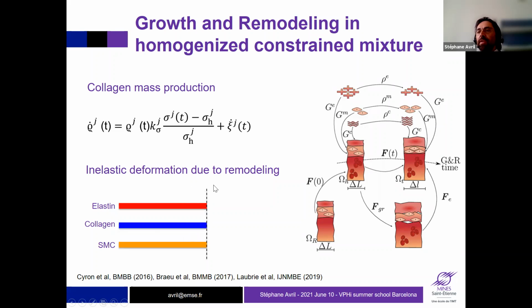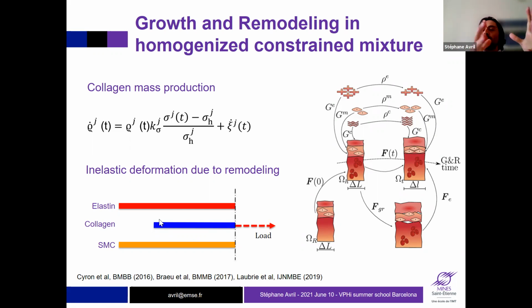And there is also remodeling: if the collagen fibers are changed, but the tissue had been loaded before, then the new pre-stretch of the collagen is going to be different from what it was before an aneurysm occurred. So it's like the collagen always wants to maintain the same stretch. So if you dilate the aorta, then the collagen will work to remove the fibers that have the very large stretch and put new fibers that have the homeostatic stretch. And then this creates this kind of creep